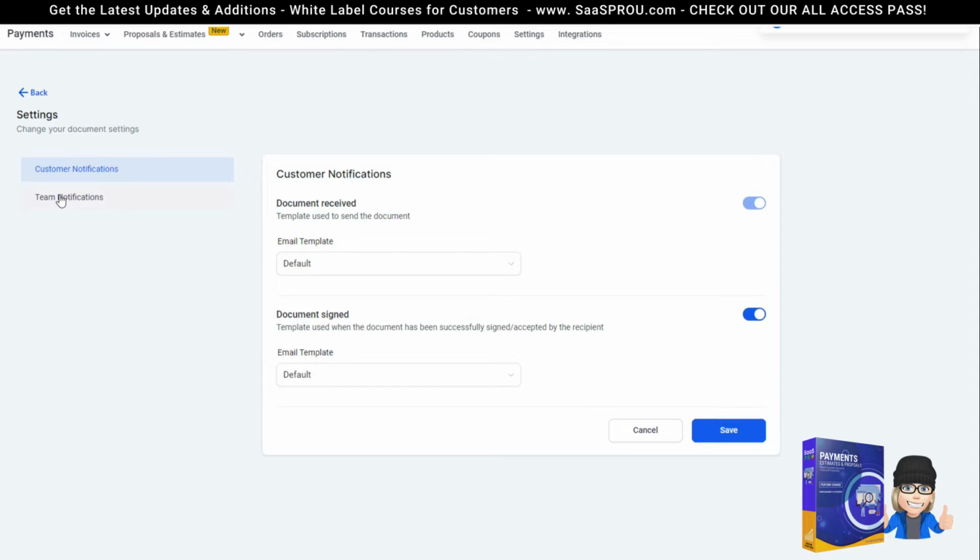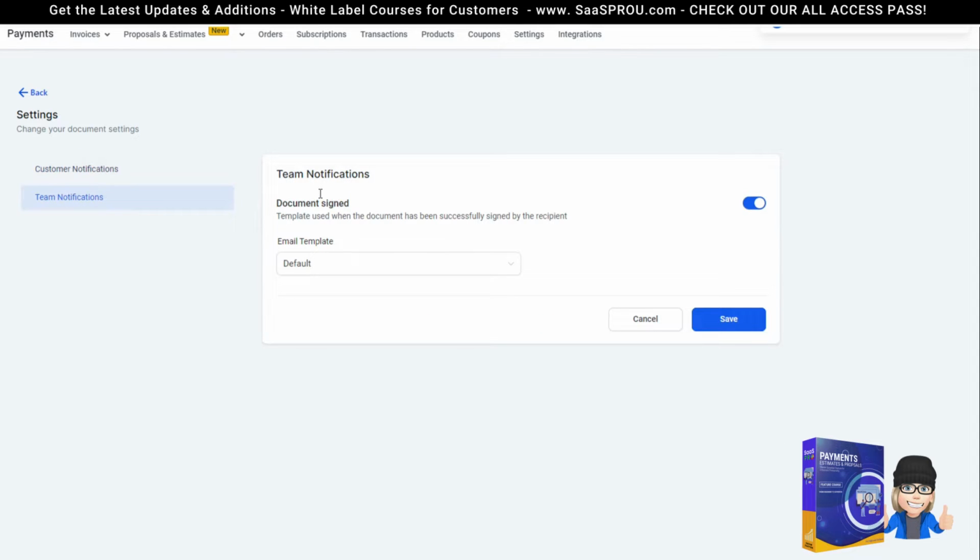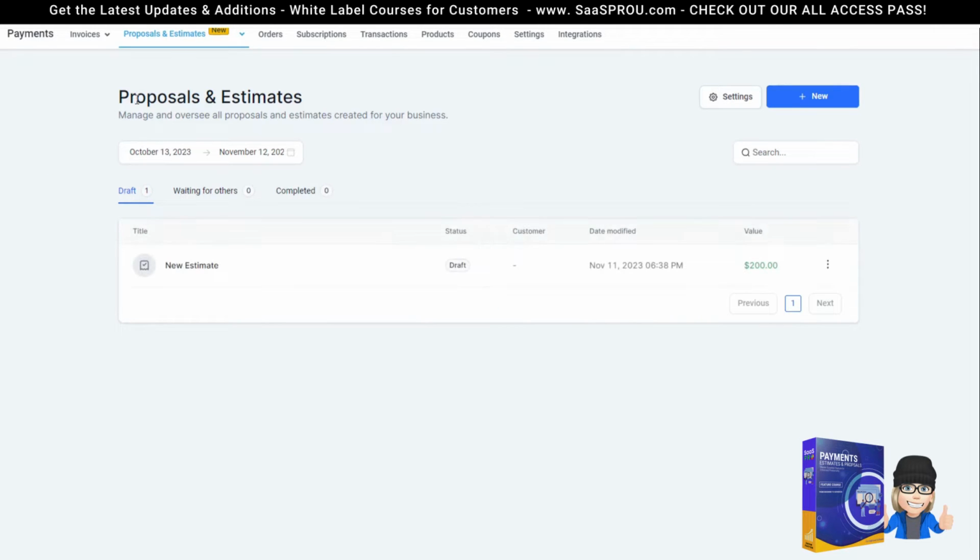If you want to notify the team members of an email that says the document signed, you can set it to default, or you can create, again, your own email template to notify the team person that the document has been signed. Once you get all that set up, you'll select save. It'll show successfully saved, and then we'll look for the little blue arrow to go back to our proposals and